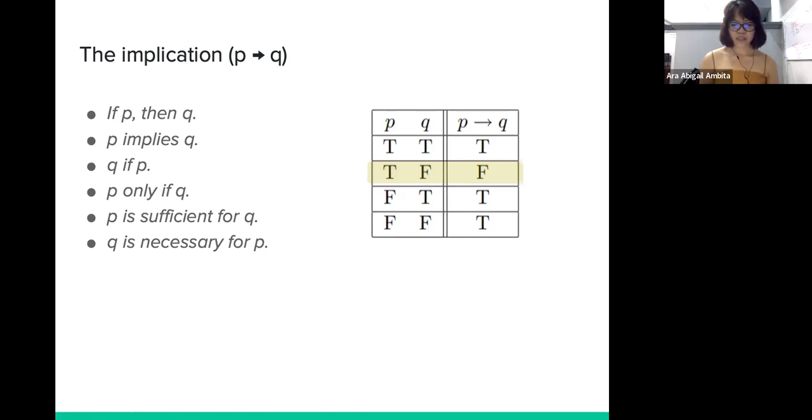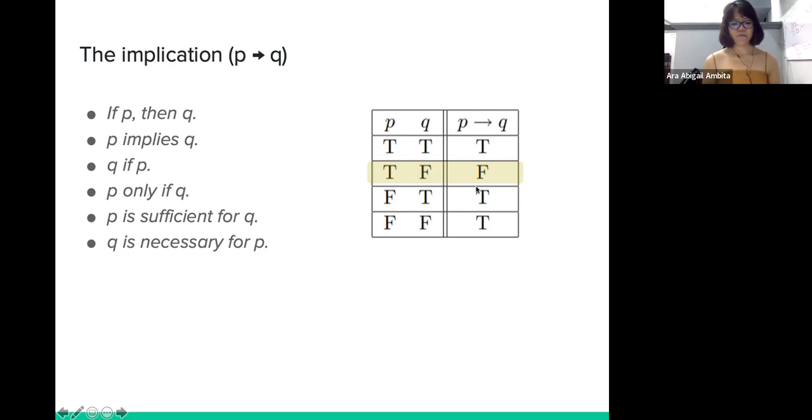Take note that P implies Q is true when both P and Q are true, and when P is false, no matter what the value of Q. Okay, so even if Q is true or false, if P is false,